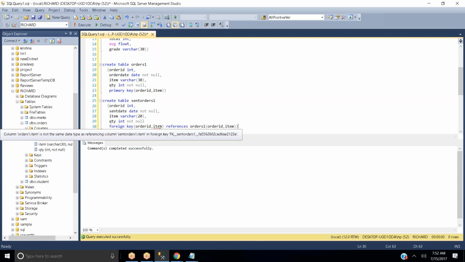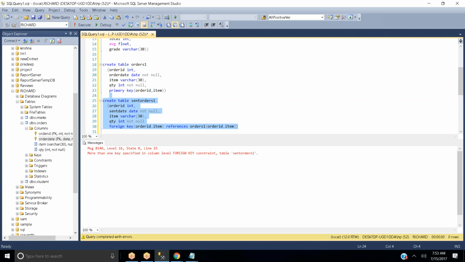Column orders one dot item is not the same data type. It should be, and also you need to have the same number of characters. It should be defined while referring. Now we will try to create this particular table.